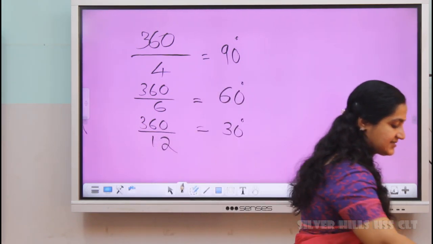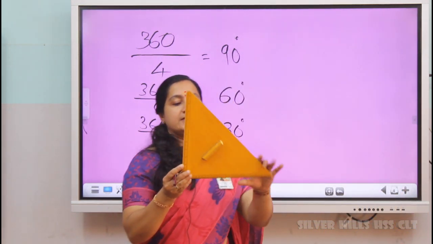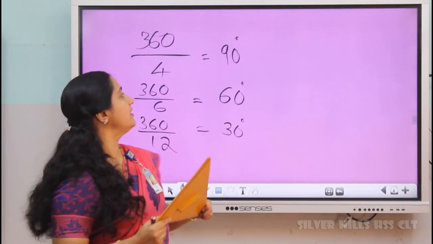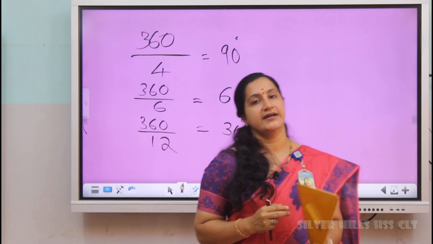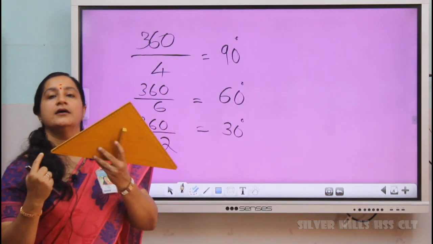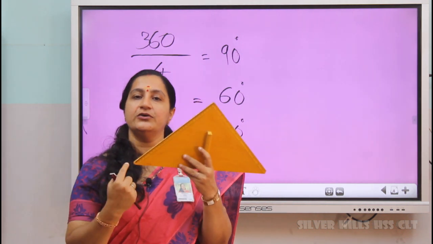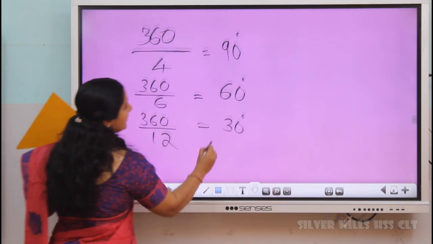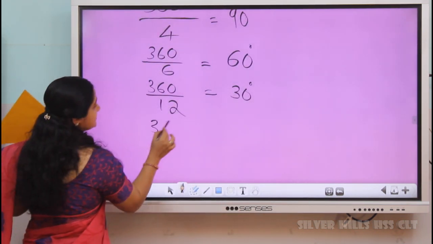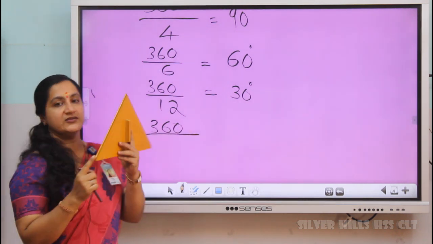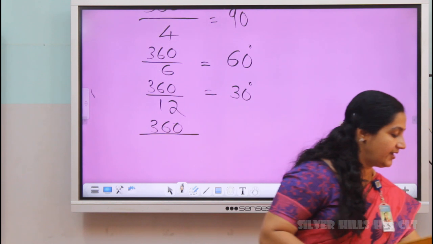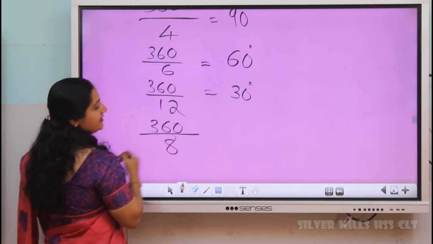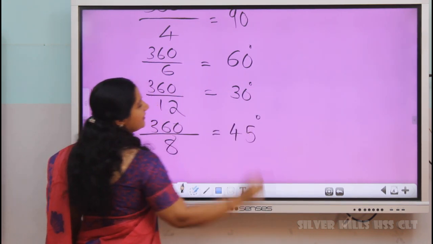Now the second set square. You know that this is a square corner. So with this corner we can divide the circle into 4. So how much is each angle? Each angle is 90 degrees. Now 2 more angles are left. I already told you these 2 angles are equal. So how can we find each angle? Yes, using this corner we can divide the circle into 8 equal parts. So 360 divided by 8 is 45 degrees.